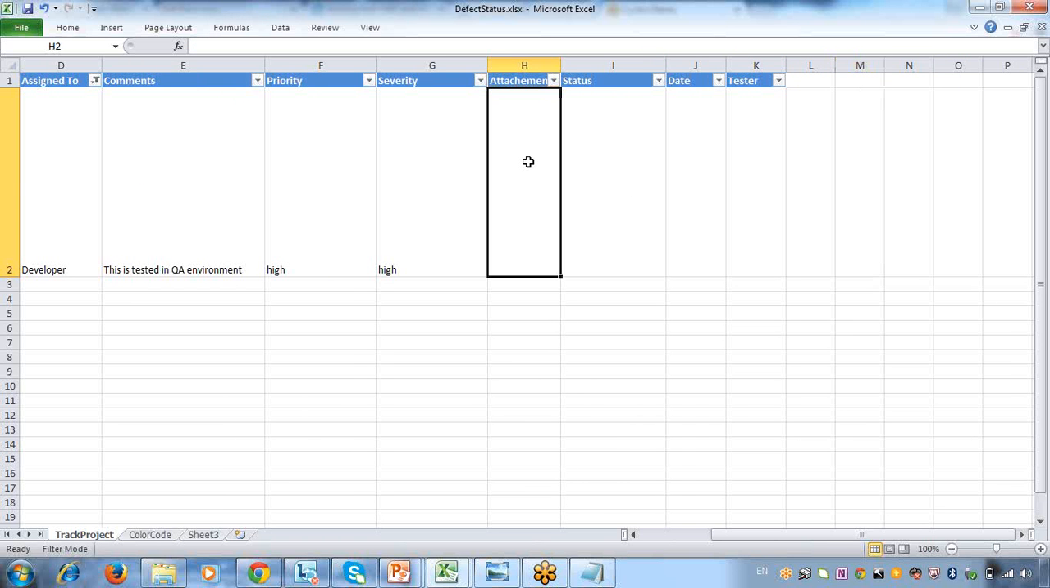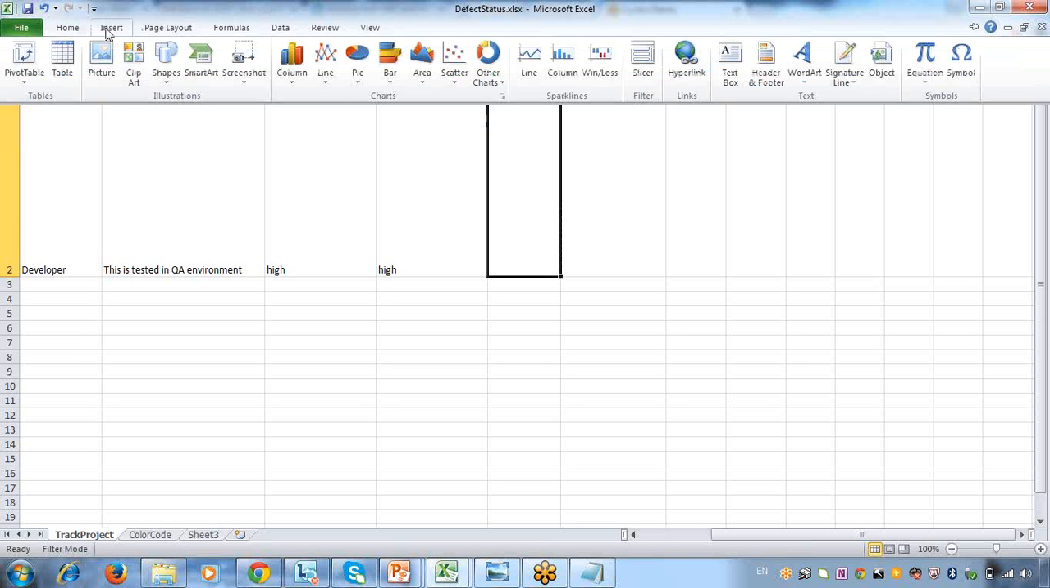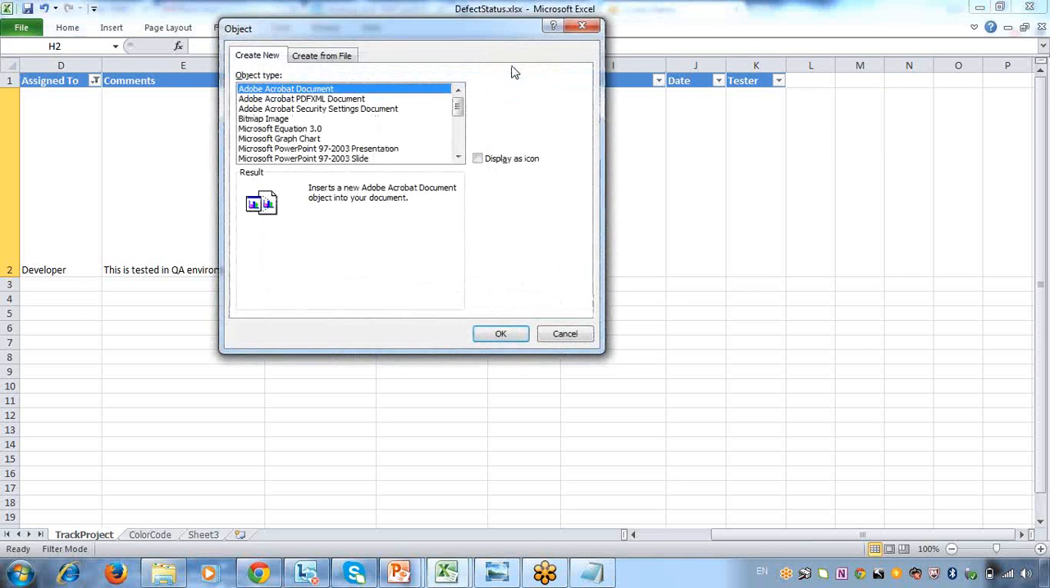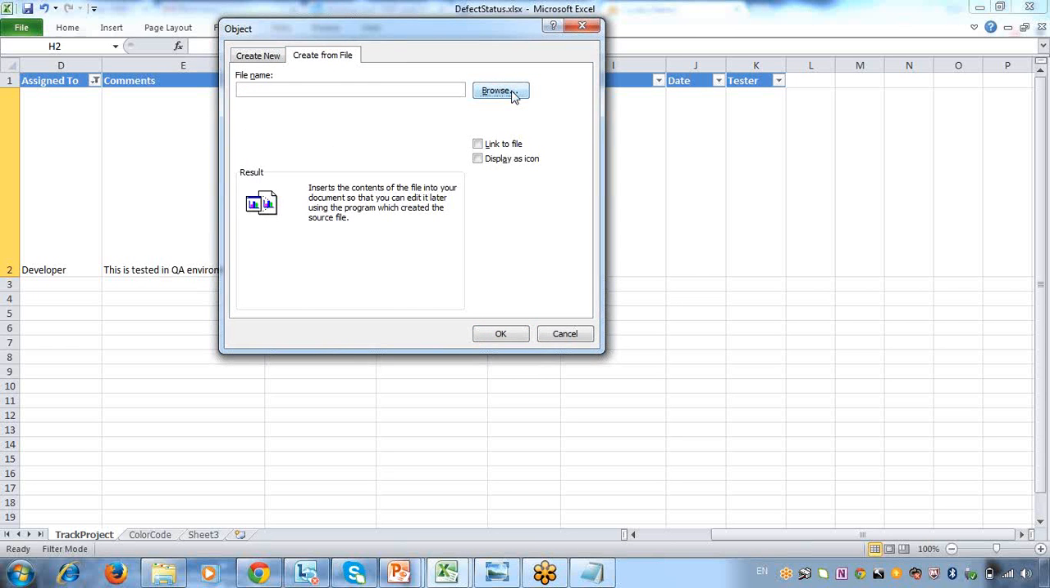And if you want to attach your screenshot, select the cell, go to your insert. Here in Excel, inserting a document will be a little difficult, but if you use tools, it is very easy to attach your screenshots. So in Excel, if you want to insert any object, go to insert, click on object, then create from file, browse it,